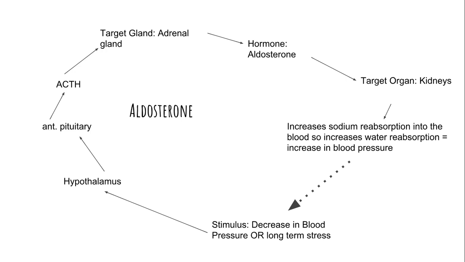So if you are dehydrated, you have low blood pressure. We want to increase water absorption to increase blood pressure. So that is the point of aldosterone. The whole idea is to move sodium so water will follow passively. Once it does that and all this water has moved over, we go back into homeostasis and no longer have the need to secrete ACTH or aldosterone. So again, why do we talk about it in conjunction with the kidney? Because that's where it's working. It's highly related to ADH, but if we look at where it fits best in our notes, it is with the long-term stress. So just make a note that long-term stress is a big part of this.